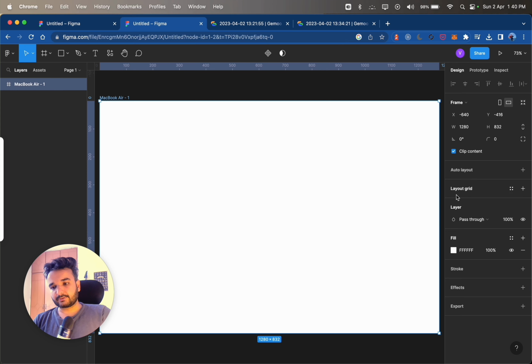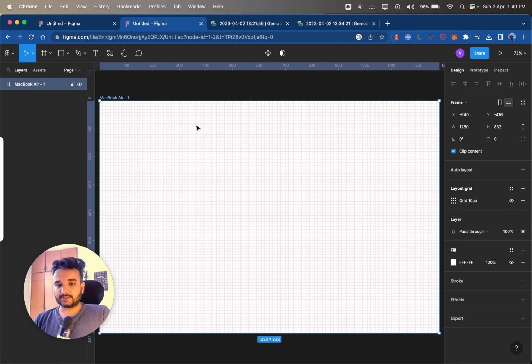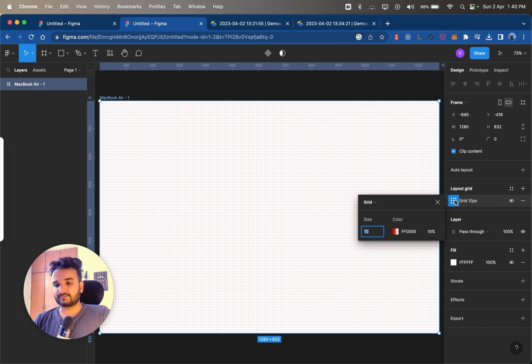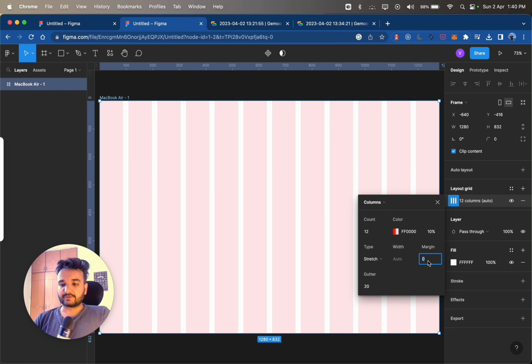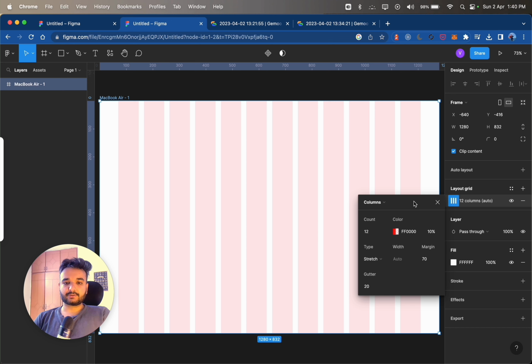So we will click on layout grid here at the right hand side, and as you see, it created grid, but we don't want grid, we want just columns. So we will go here, we will click on grid, and we will change it to column. And usually in web development people follow 12 column system, and we will give a 70 pixel margin from left and right. So now these are the columns which we will be referring to adjust the width of our